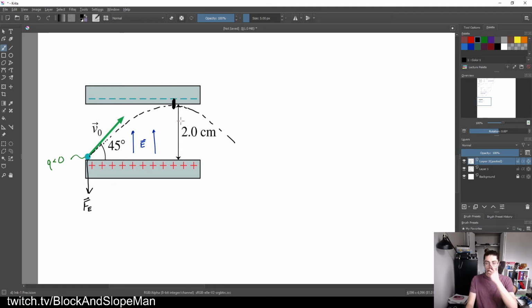Okay. Well, in a case like that, I need to figure out what variables I have and what's actually going to be useful for me here. So if I'm talking about projectile motion, I see my electric field is just pointing up in the y direction. I should draw that on my picture while I'm here. There's no forces acting in the x. And while we're talking about forces, gravity is really not going to make a difference here. You would find that if you try to include gravity, you're going to end up with a force that's 10 to the negative 30. It's not actually enough to make any sort of real difference here. So instead, let's just focus on the electric force for now,